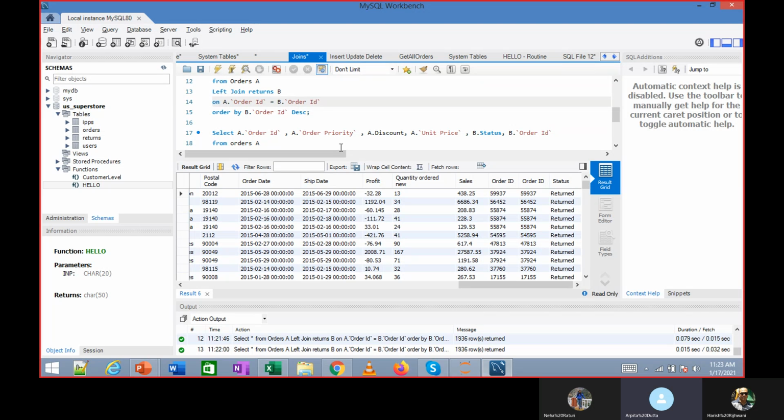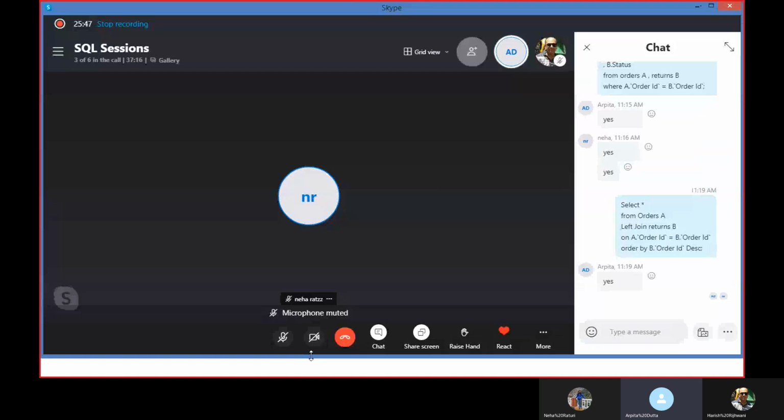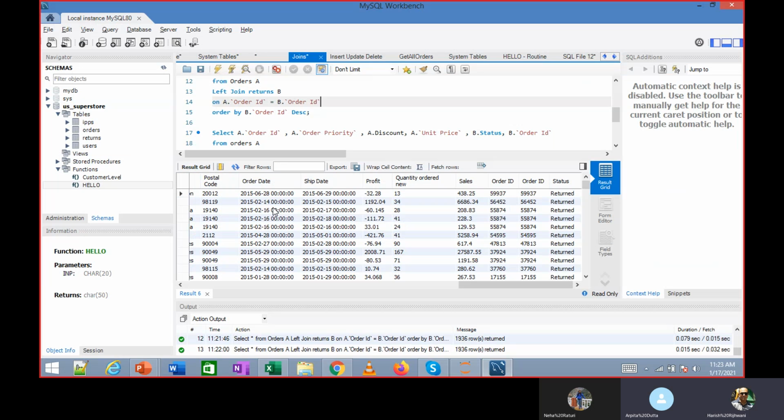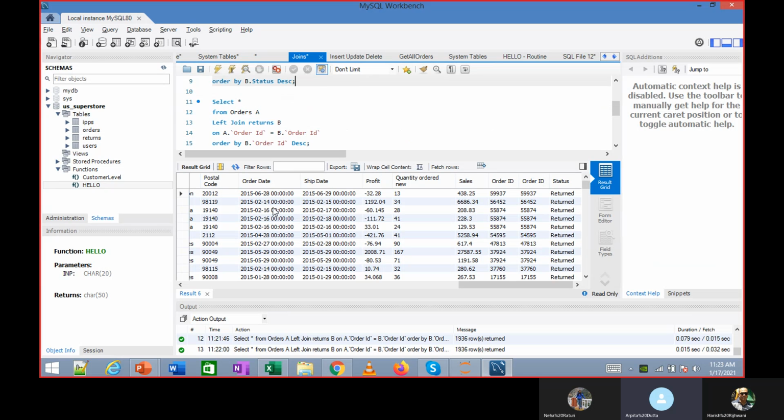Sir, if there's a left join returns, how does the system know till what point it has to get the data from? I didn't get the question.